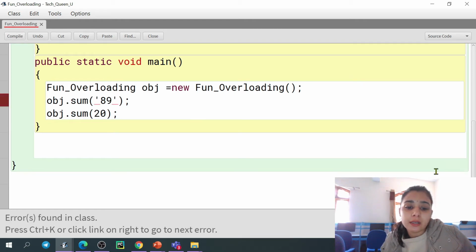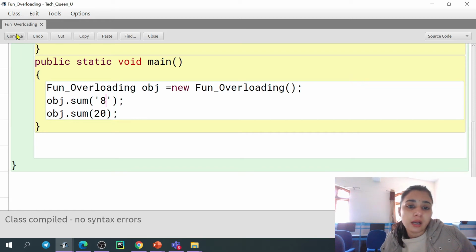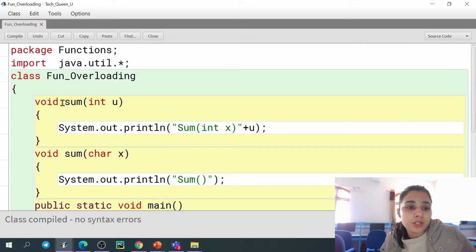Is this valid? Yes, this is valid, right? Now void sum, the name is same, but here integer u and character x, so there is a difference in the type of arguments.